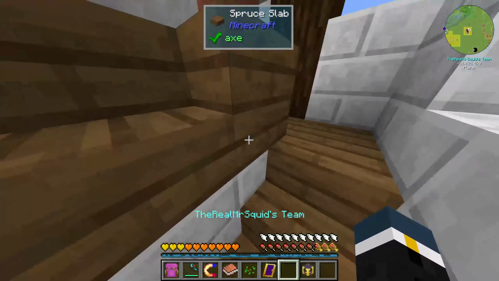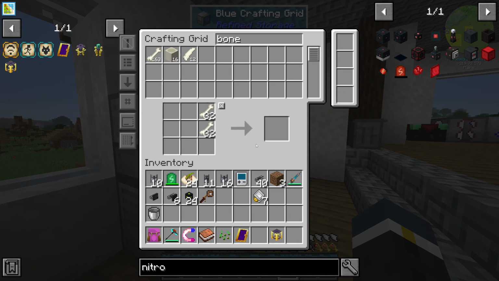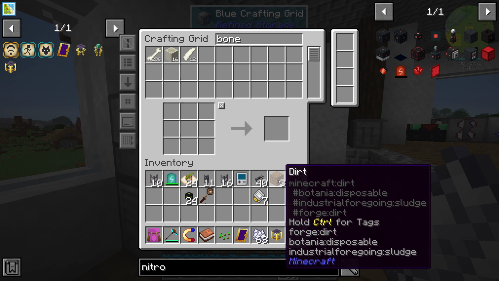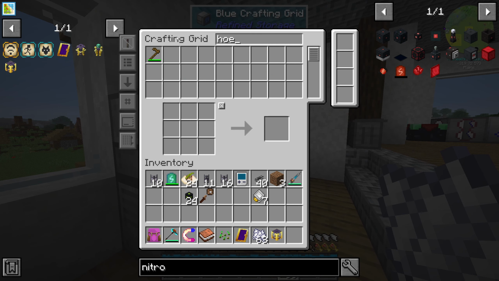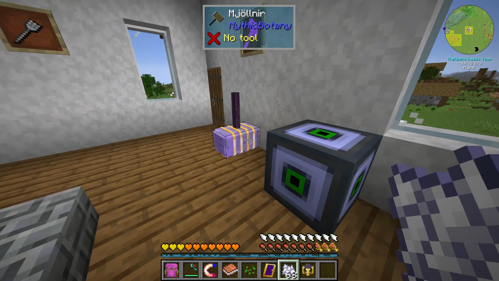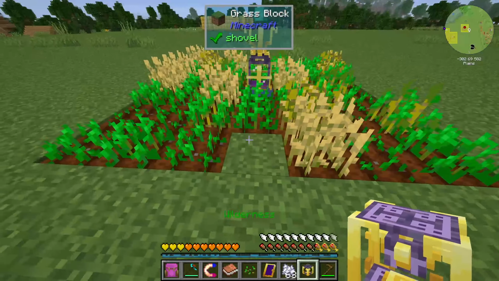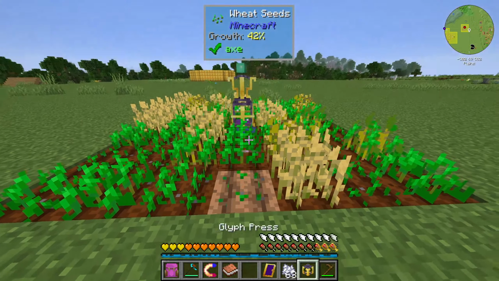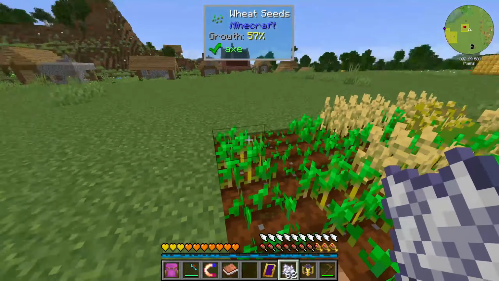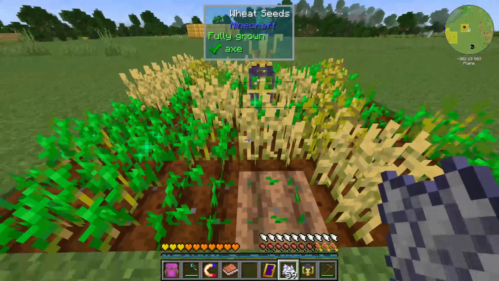Yeah, let's try it out. Why not? We'll learn together. Bone meal. There we go. And let's put some of this junk away that we don't really need. Let's take a look. Oh, there. Yep. So that grew. Yeah, the bone meal did not work, but natural growth does. So let's make this